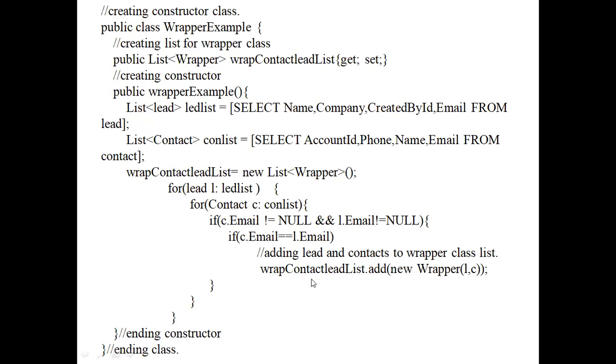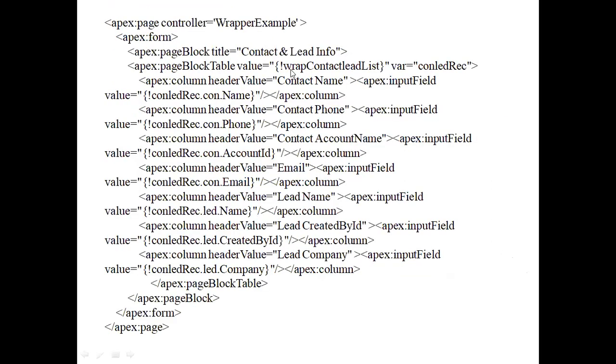Those records are added to the wrapper class list. So by using that list, we can display these records in this data table.